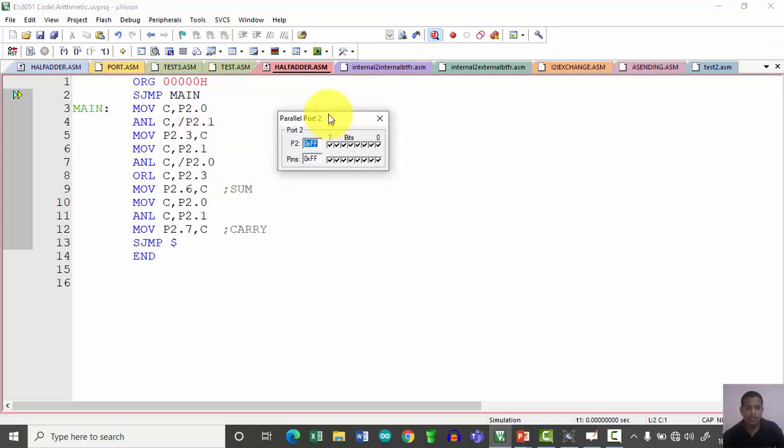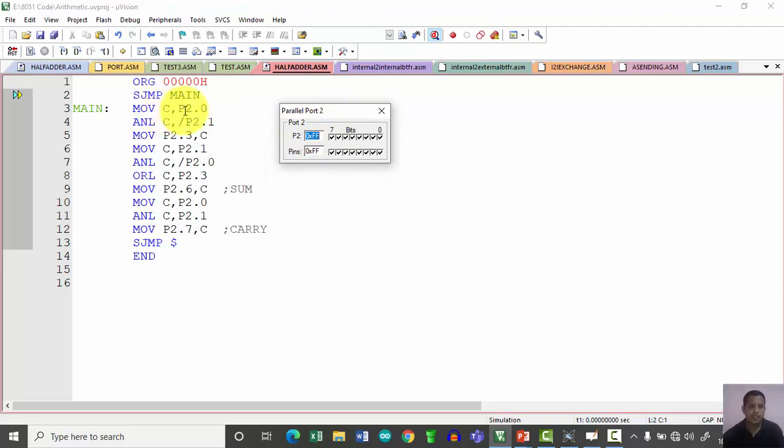Okay, now just pay attention over here. Initially I am going to consider P2.0 as 0 and this is P2.1. So 0, 1 are my inputs. So go with the stepwise execution. So 0 and 1, the result is forwarded on P2.3.